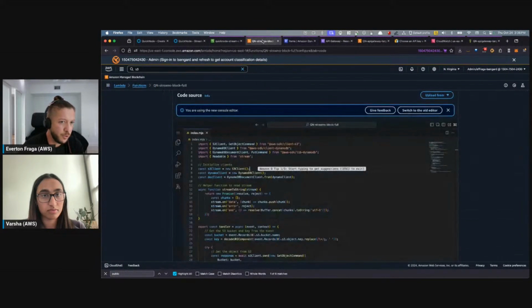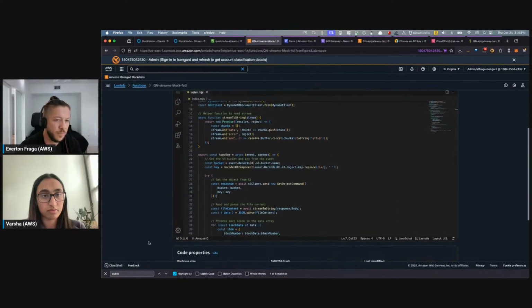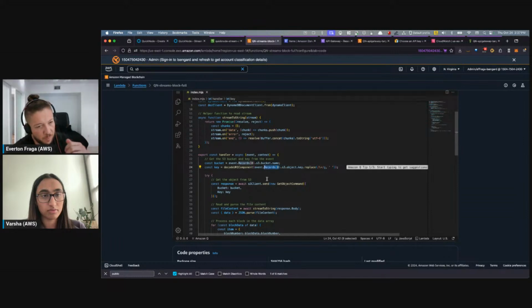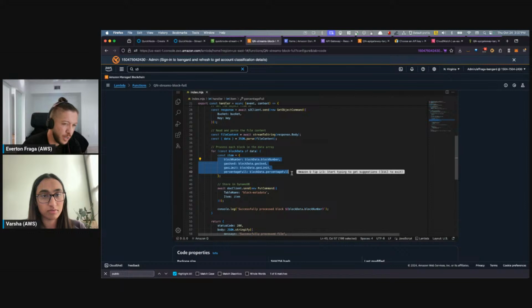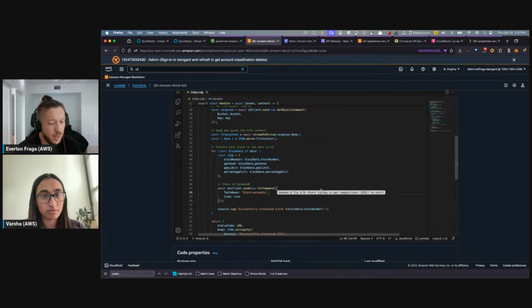And on the Lambda function, it is a JavaScript file that basically takes the S3 event and reads the file. We're going to have only one block coming in at a time that will be represented in only one S3 file at a time. So I'm picking only the first record from the upload event. And then we are creating the row object and saving that to the DynamoDB.